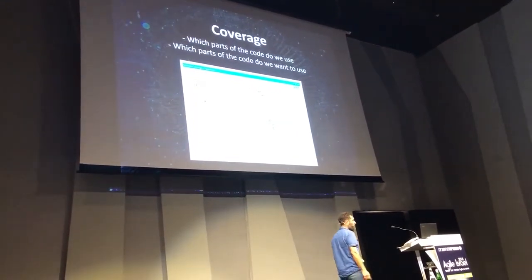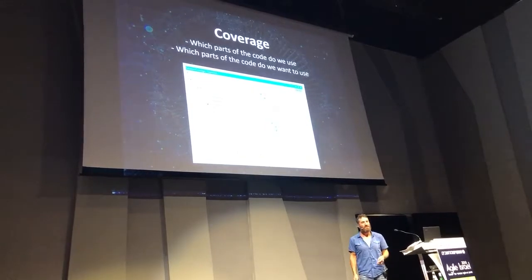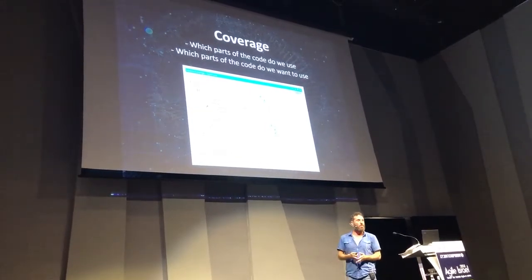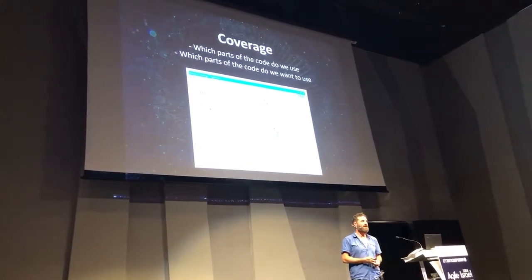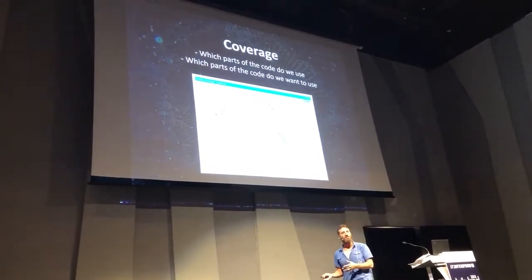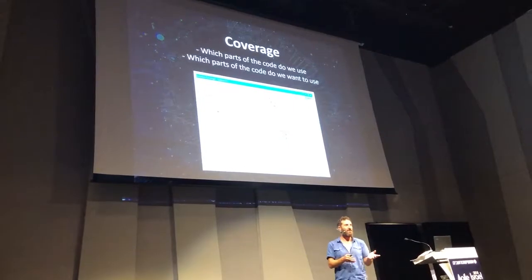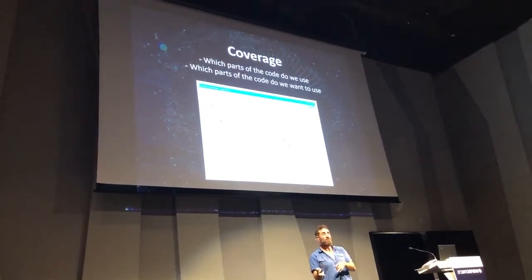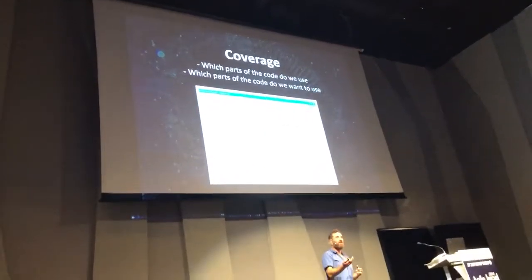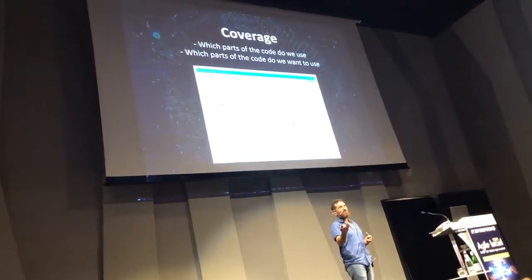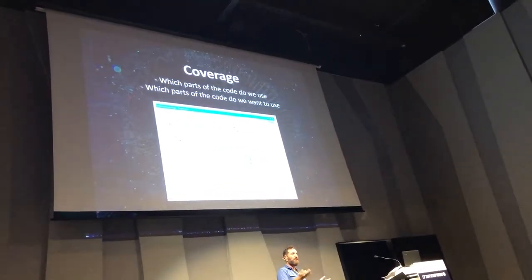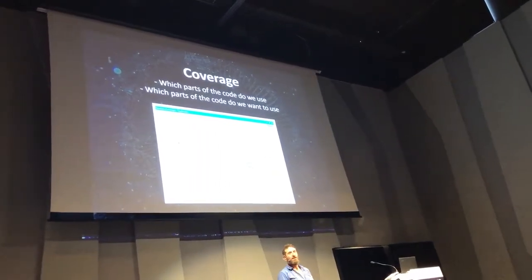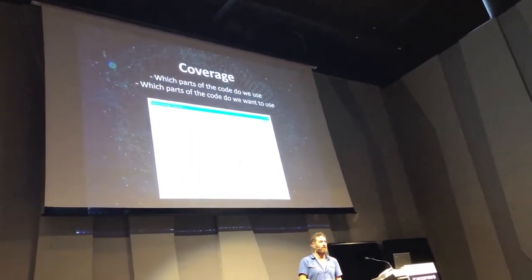Okay, the third part is coverage. In order to know what we're testing, we need to run the code and see what parts of the code we actually touch. So if we have an if statement, we need to get to an else statement. If we have an if statement without an else statement, we still need to create a test where the if statement is false, and we just jump to the end of that block. So we need to have some kind of coverage to understand what is actually being run in the code.